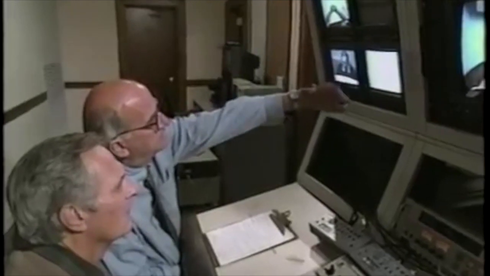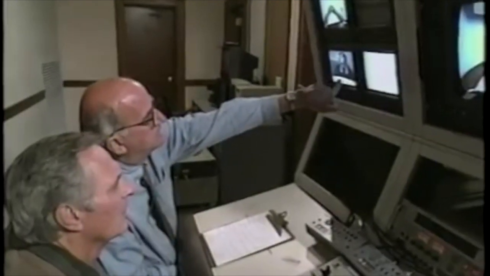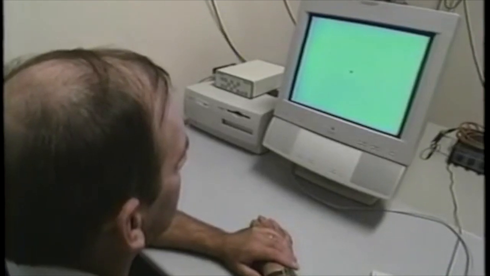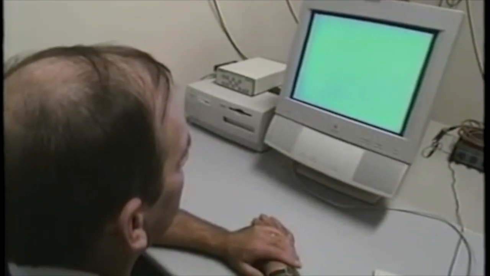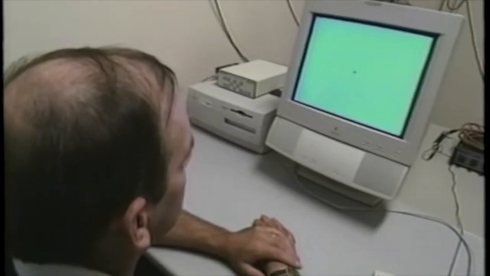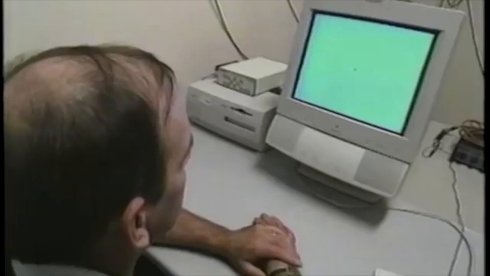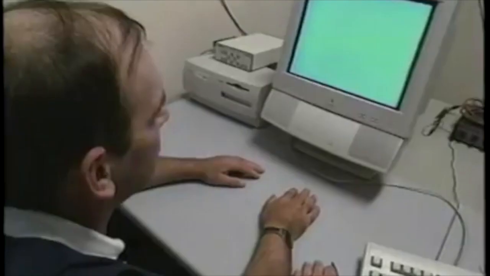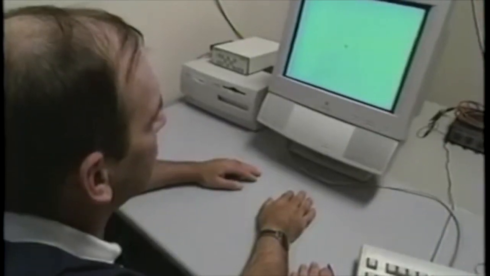Michael Gazzaniga, over 30 years ago, used a similar setup to find out if the two halves of the brain are specialized to do different things. Joe is being flashed a word only to one half of his brain. Words flashed to the right are seen only by his left brain, and Joe can report seeing those words just fine. Piano. Good. But when a word is flashed to his right brain,